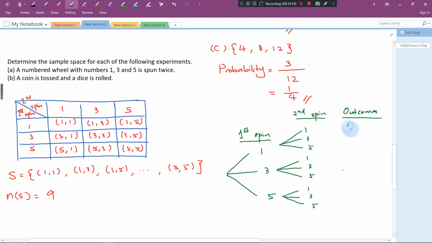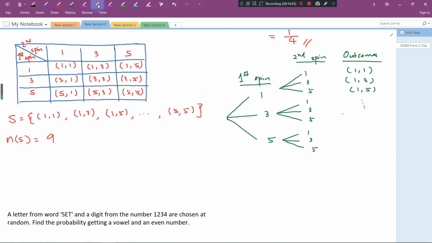One, which means at first spin you get 1, second spin you get 1. So 1, 3, 1, 3, 1, 5, 1, 5. And so on. You will still get exactly the same answer, 9 combinations. But you will notice that this takes a lot of space, right? So we have another method,